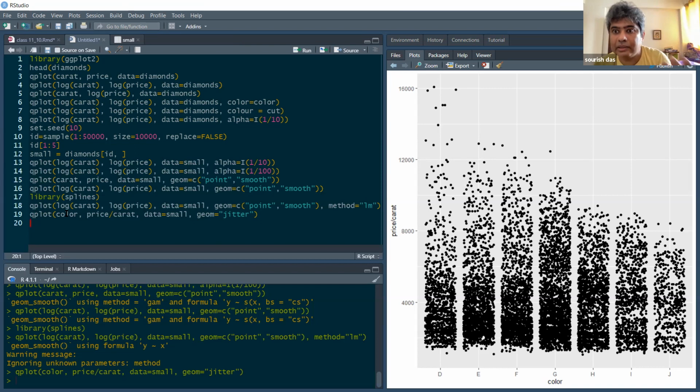So why is it coming in the form of a strip instead of a line? What is on your x-axis? It's a categorical variable, correct.